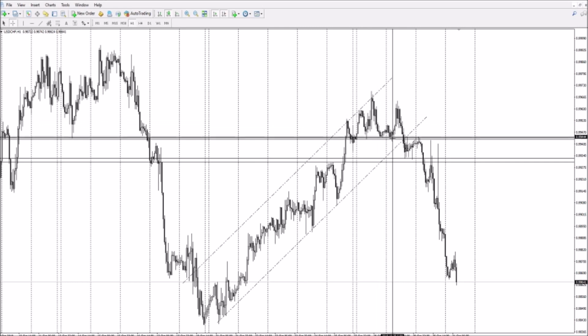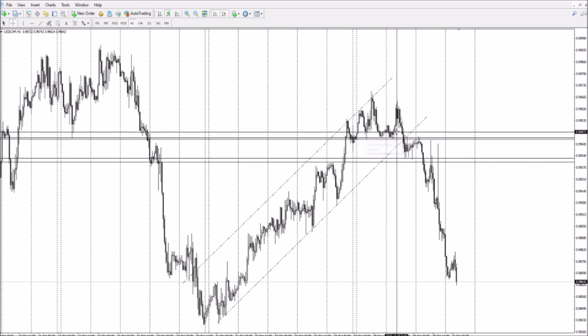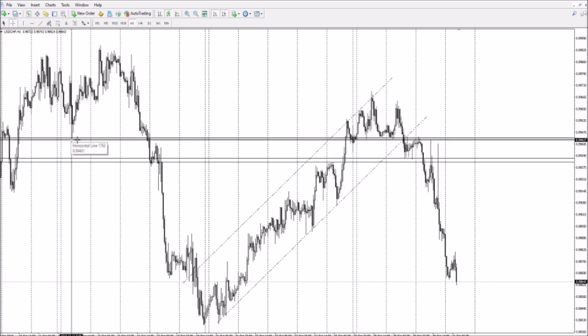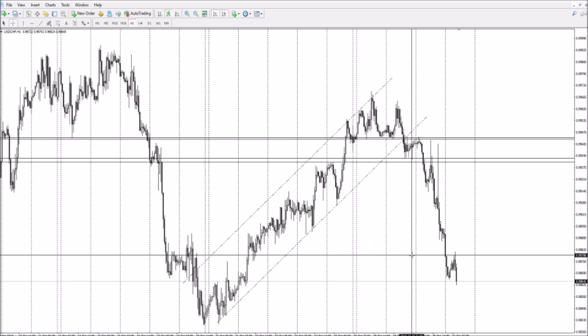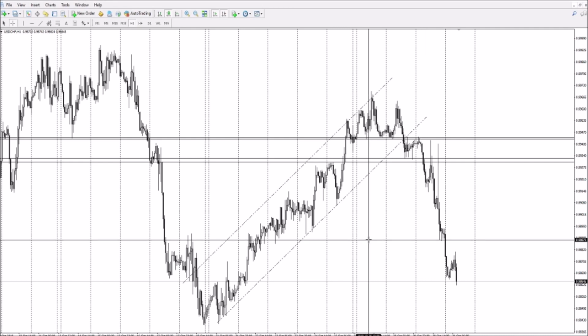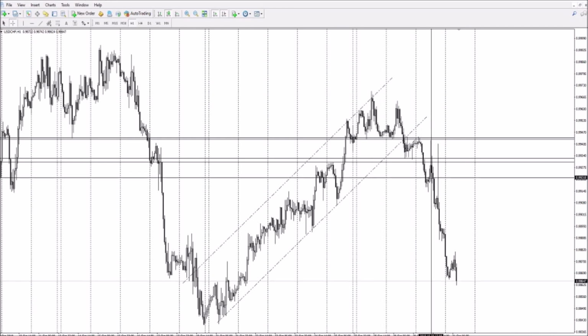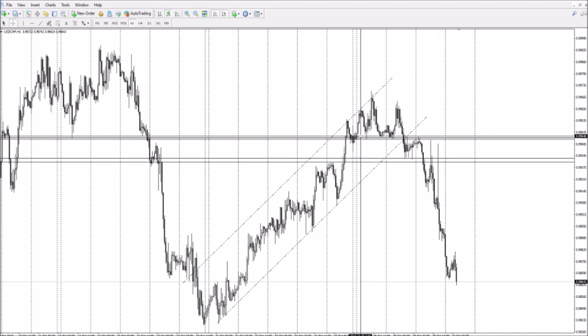So on Tuesday, when I seen this acting as support, any break of that Monday's low and this level was a sell. You keep stop above swing highs, and that is an unbelievable trade. Now let me just tell you that the premise of me not touching this and walking away from the charts is depicted beautifully by this candle here that came back up into Monday's low.